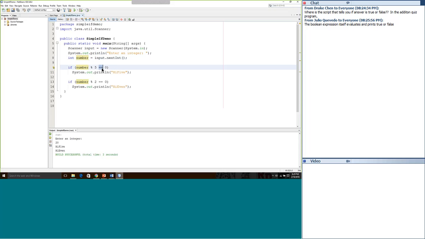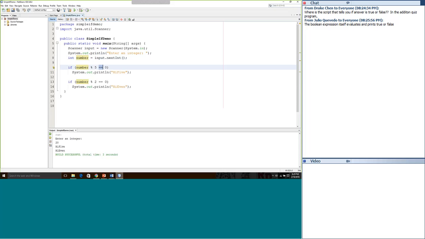If you do not put a double equal sign, it's going to be an assignment operator. It's going to take whatever's on the right-hand side and assign it into what's on the left-hand side, and then it's going to evaluate whether or not it's true. It's going to be unpredictable, so you don't want to omit that second equal sign.